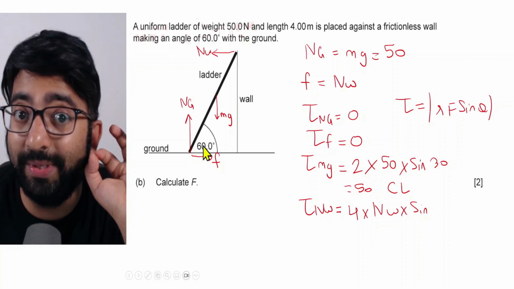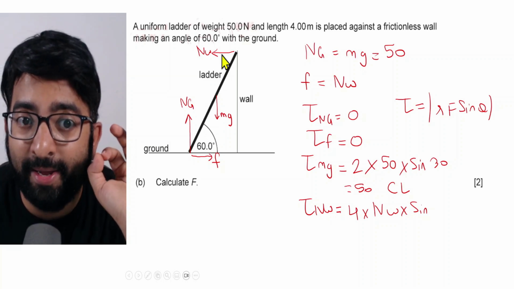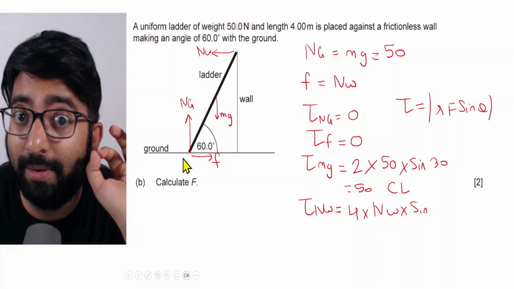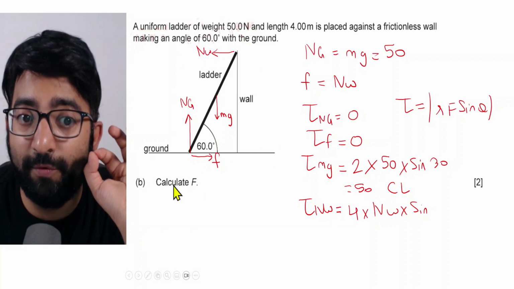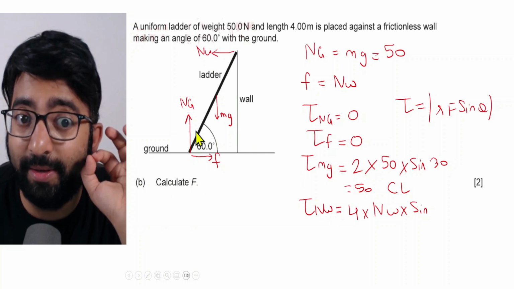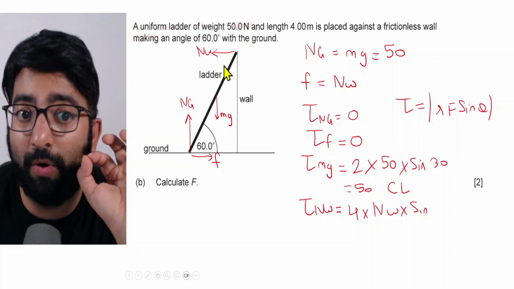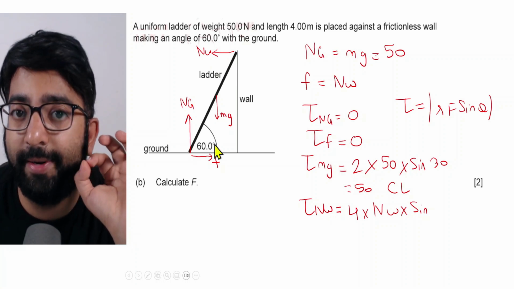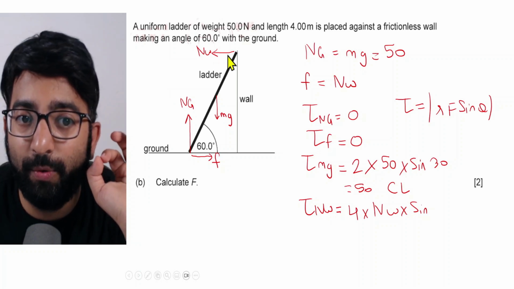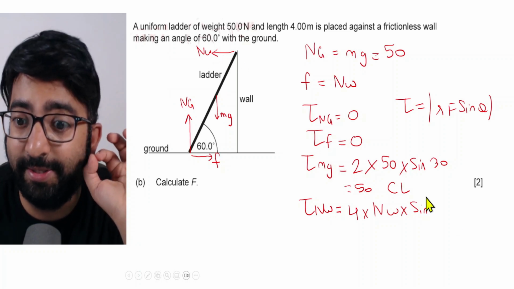This angle will be equal to 60 degrees. And why is that? NW is horizontal and the ground is also horizontal, so we have two parallel lines. So this angle, since it is 60 degrees, this angle will also be 60 degrees because both of these are alternate angles. Hence, we can say the angle between NW and the ladder is 60 degrees,